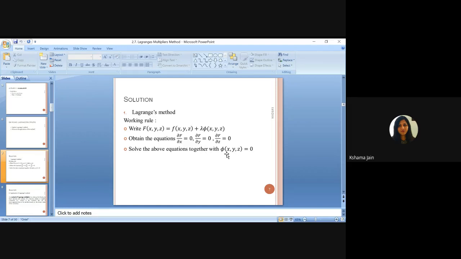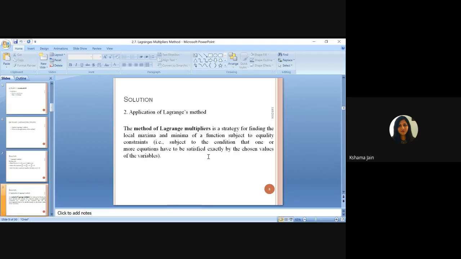And the good thing is, in your syllabus here, we actually don't find the maximum or minimum value. We just find the points where we can find the maximum or minimum. So you will go up to the first derivative only. Otherwise, in another university where I have taught before, we used to find the maximum and minimum also of this type of function, but in your syllabus it's not there.